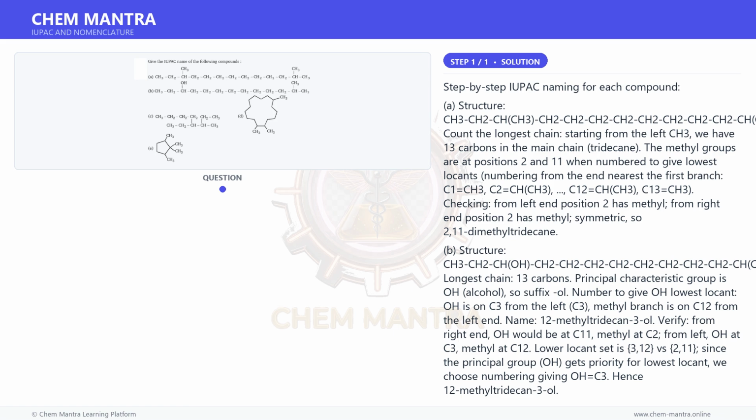The methyl groups are at positions 2 and 11 when numbered to give lowest locants, numbering from the end nearest the first branch. C1 is CH3, C2 is CH with CH3, C12 is CH with CH3, C13 is CH3. Checking, from the left end position 2 has methyl, from the right end position 2 has methyl, symmetric, so 2,11-dimethyl